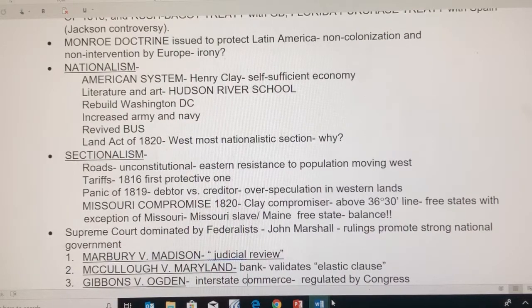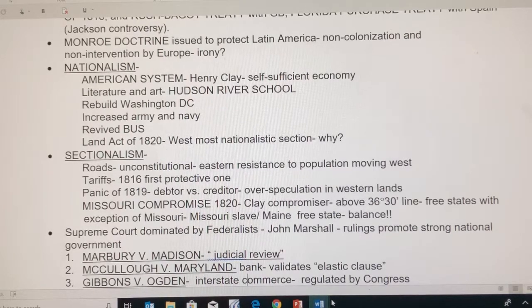And it's these sectionalist ideas that will dovetail into political parties that will set the foundation for the Civil War. So roads will eventually come out, and we're going to see it's going to move population to the west. And the North's not going to like this because they're going to lose their workers to becoming farmers in the West to produce agriculture. We know the tariff of 1816 is our first protective one that protects New England merchants at the expense of